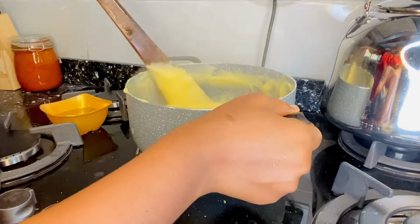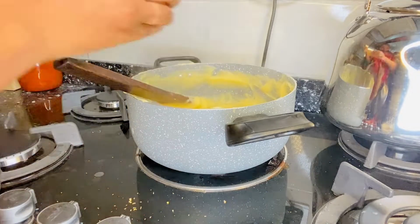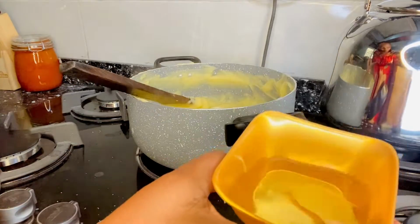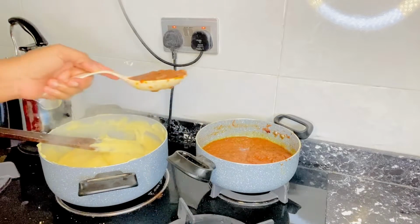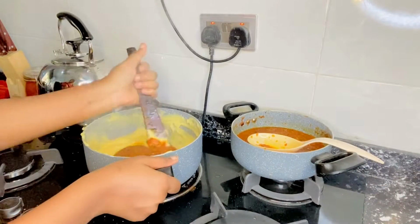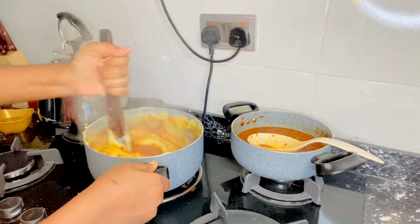So how do you know that this is ready? You get cold water, take a little bit of the agidi and put it inside the water, and here you go. Are you seeing how it's formed? So it's ready. So I'm just going to add my stew or my sauce into my pap, and I'll just stir. So I'll just keep adding this